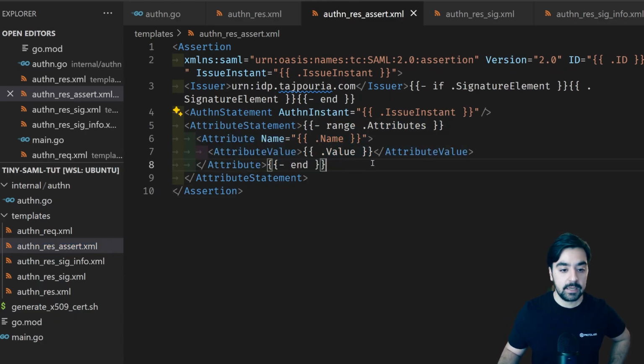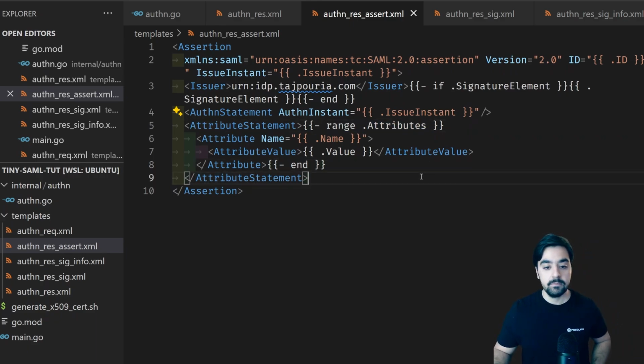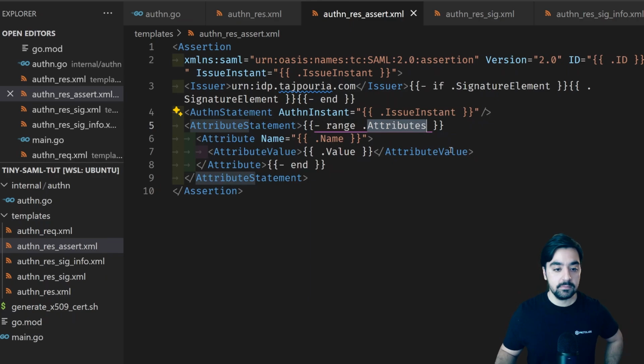And I again break down these attributes. So what we expect here is basically a list of attributes, and we're going to populate this name with the name of each attribute and the value over here. So this will allow us to put whatever attribute that we want and have that in the assertion